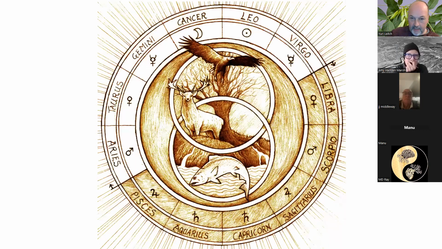But simplistically then, if you look at this diagram, the year is divided into 2 halves. At autumn equinox, when the sun enters Libra, we go into the 6 months of darkness, and the daylight hours are shorter than the nights. You know, the nights get longer and longer and longer.